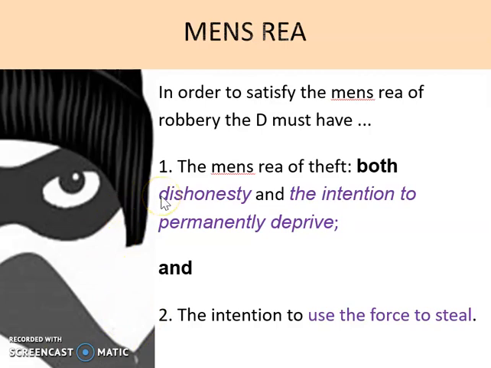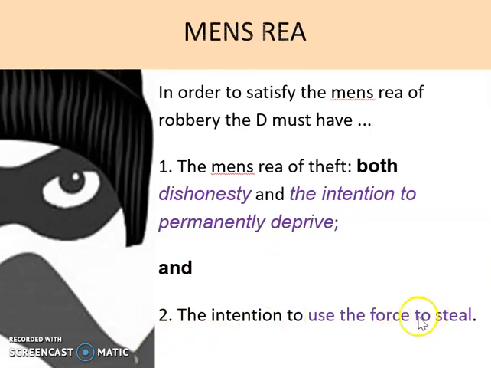We already understand the mens rea of theft, that they've got to be dishonest, and they won't be dishonest if the situations in 2(1)(a) to (c) apply, and they've got to intend to permanently deprive the other of it. The bit we need to consider a bit more here is intention to use the force to